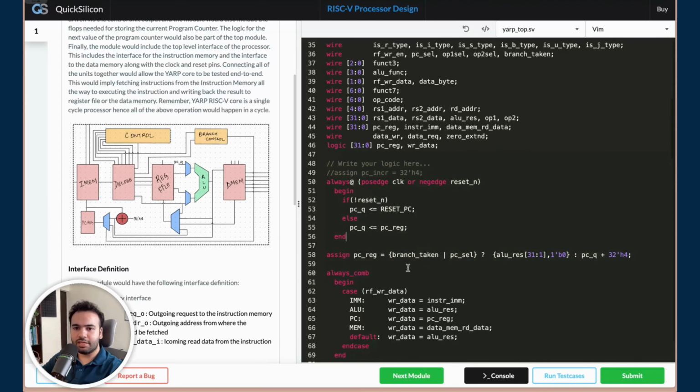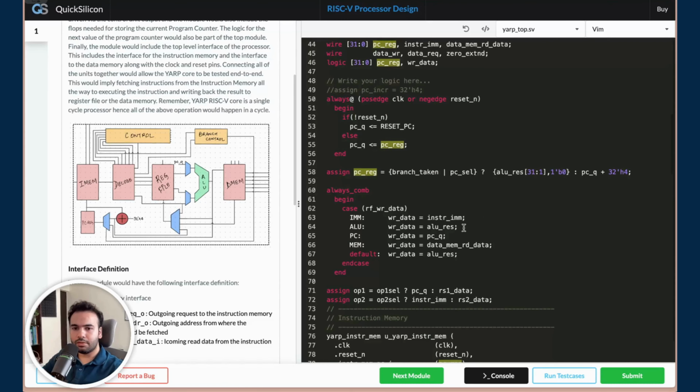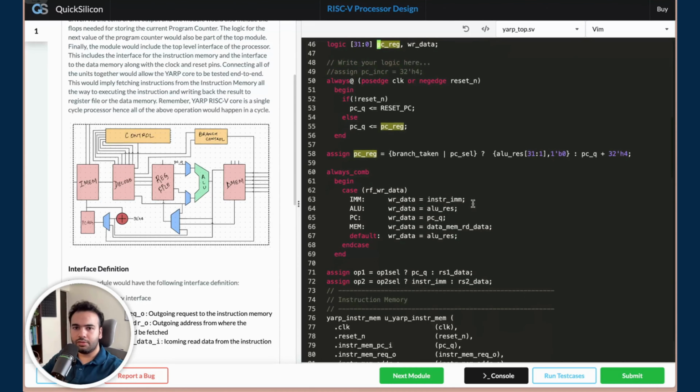So now this particular logic represents exactly what is shown here. And let's just clean it up a bit. Instead of PC reg, we will use the flopped value everywhere. So this would be PCQ. This would again be PCQ. And this would again be PCQ. Cool. So now hopefully this should go away. So if you hit run test cases now,